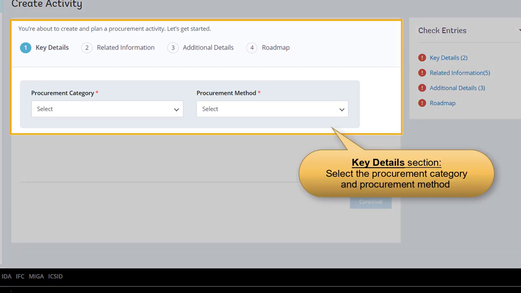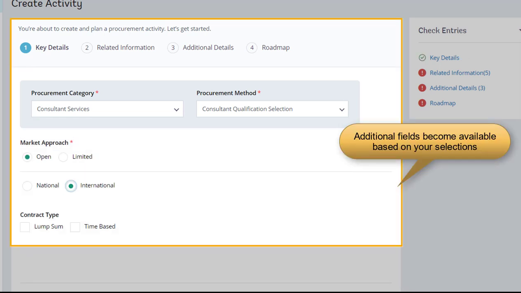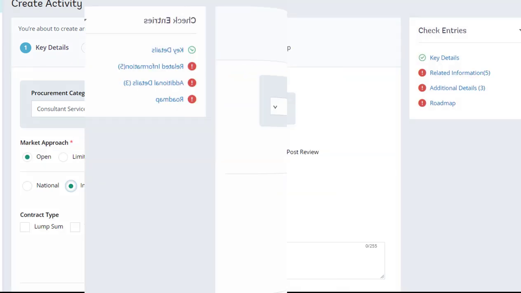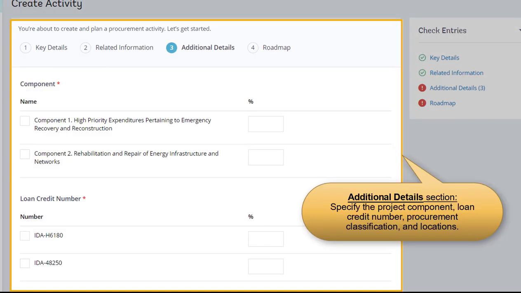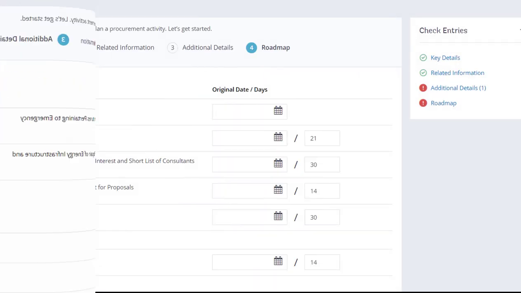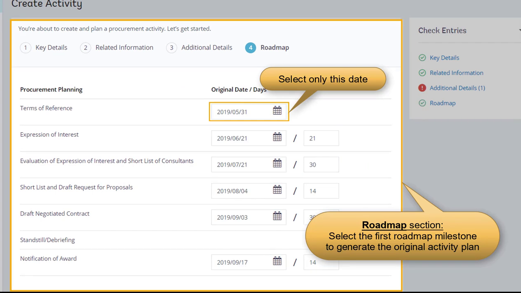For example, the first section, Key Details, lets you select the procurement category and method, followed by details in other fields that become available based on your selections. The Related Information section allows you to enter other important details of the activity and generate a reference number. You can then enter more specific details, such as the project component, loan credit number, procurement classification, and locations in the Additional Information section. Finally, the Roadmap section allows you to create the original plan by selecting the milestone for